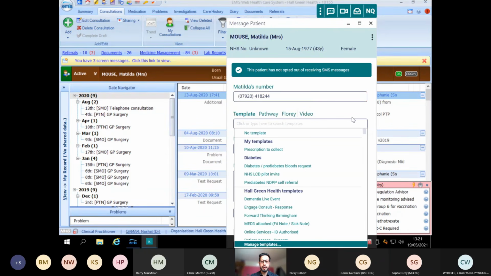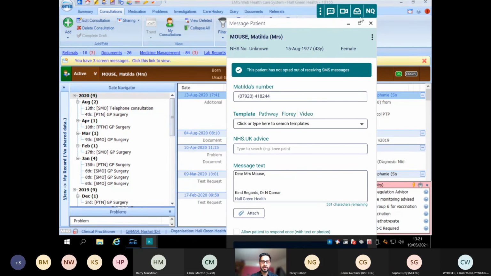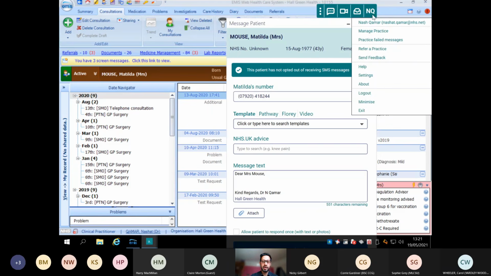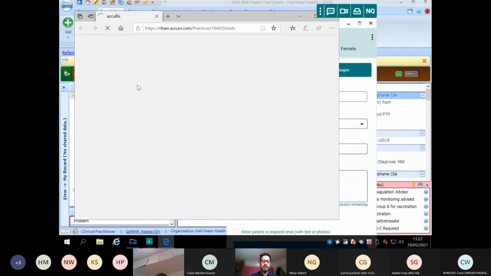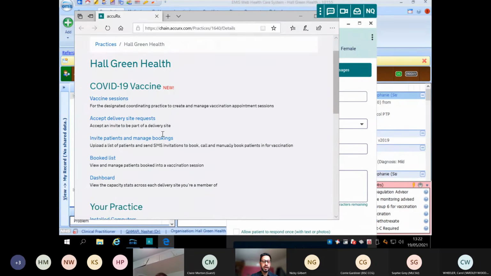Right, so if you're not sure how to set up a template, you need to click on the right-hand box at the top and you go to manage practice. Within that, that will allow you to